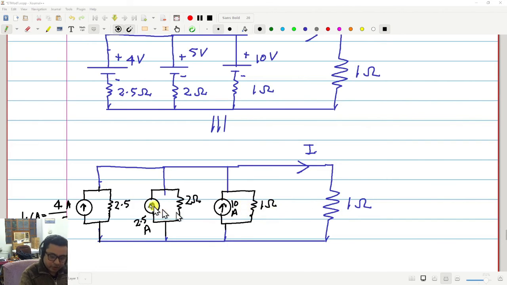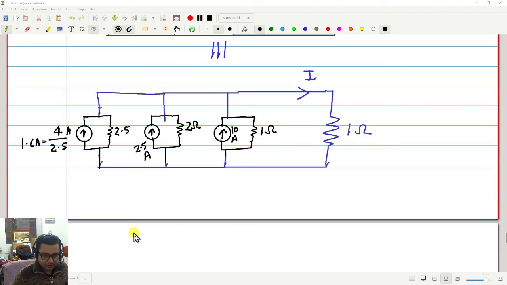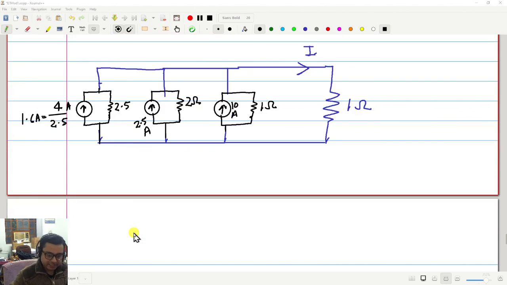Now, while we are changing this, the remaining part of the circuit will stay unaffected. That means whatever current is flowing here, the same current must flow here. And in this circuit it is easier to find how much is this current. So how can we find that? So what we will do is this. You see we have 1, 2,